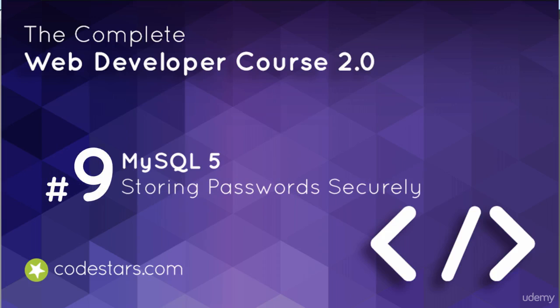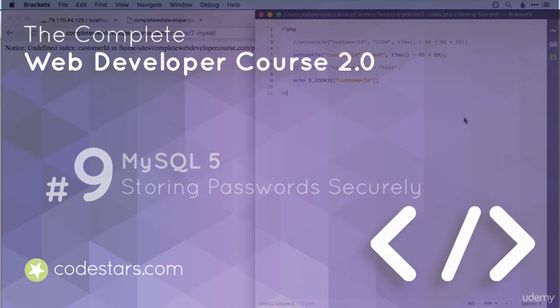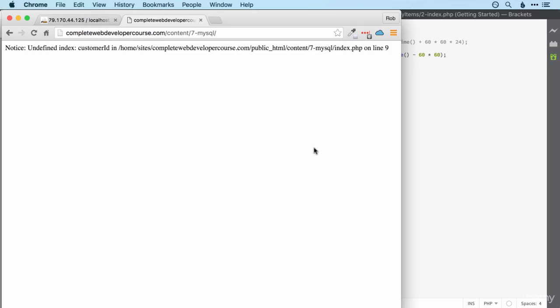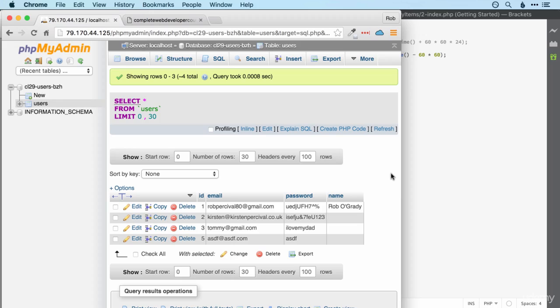Alright, so now that we've figured out how to log our user in using both sessions and cookies, there's one more thing that we need to understand before we make our first website using a login system, our secret diary project, and that is how to store users' passwords securely. Now this is quite a complex topic, and what I'm going to tell you here is definitely not everything that there is to know about website security, but it's everything you need to get your users' passwords as secure as they can be. So let's first off see how we're doing things at the moment